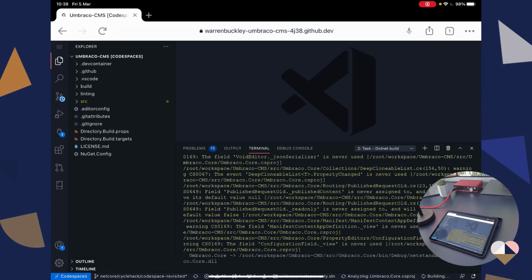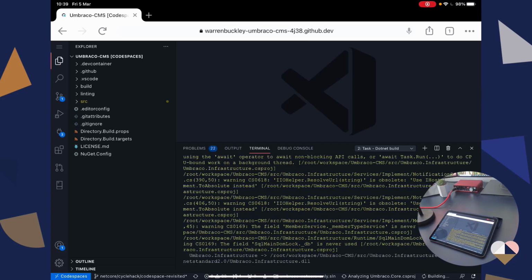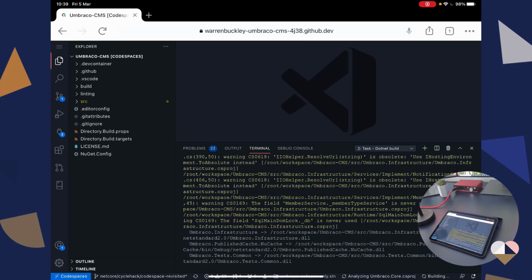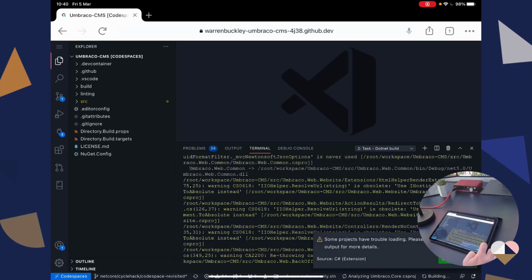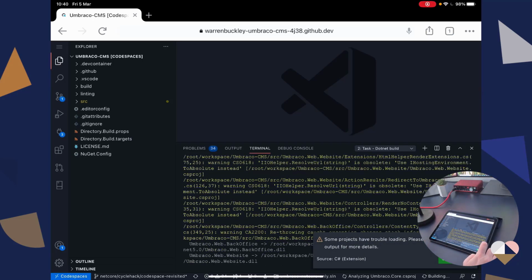And I think if we are good, this should wrap up building. Whilst maybe we wait for that and ignore some of these notifications whilst it's still compiling,